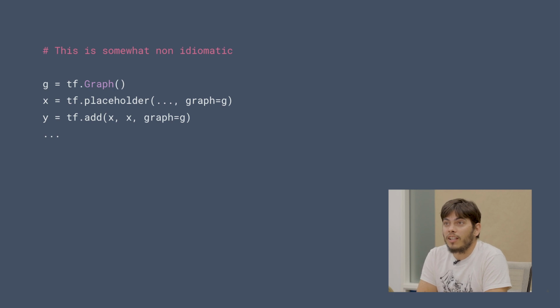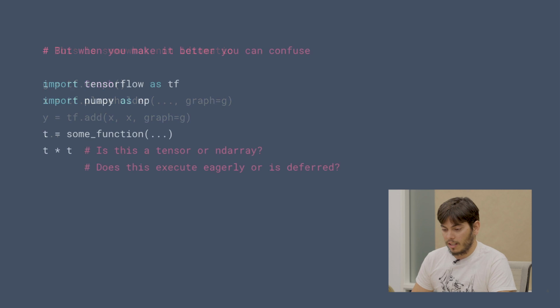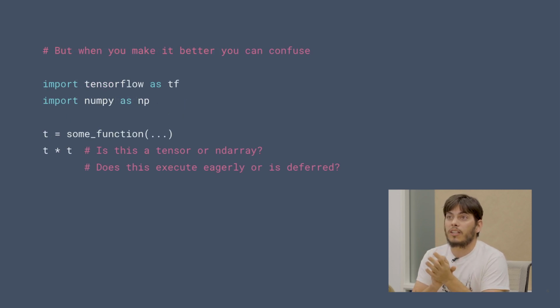So you created a graph, and then every time you created an op, you passed the graph as an argument. And this is still fine because it's very explicit that you're building a graph. So you can have this mental model that you're building a graph that then you're going to give to a runtime to execute. But this is not really idiomatic Python code. So it's also very easy to see how to make this idiomatic Python code. You just stick the graph in a global context manager and add a bunch of operator overloads and things like that. And you end up with code that looks like what TensorFlow code looks like today,